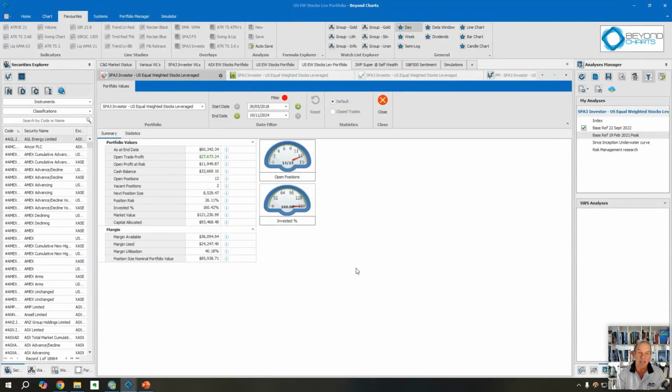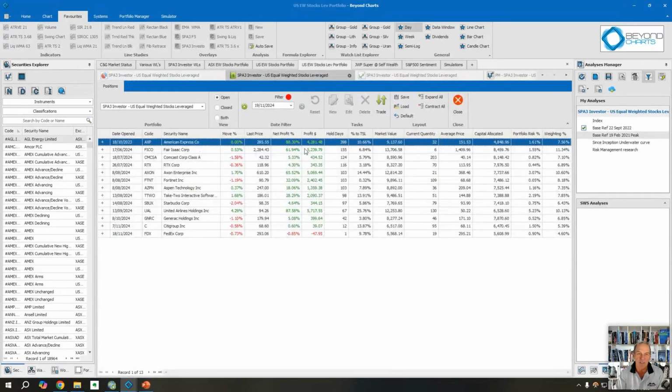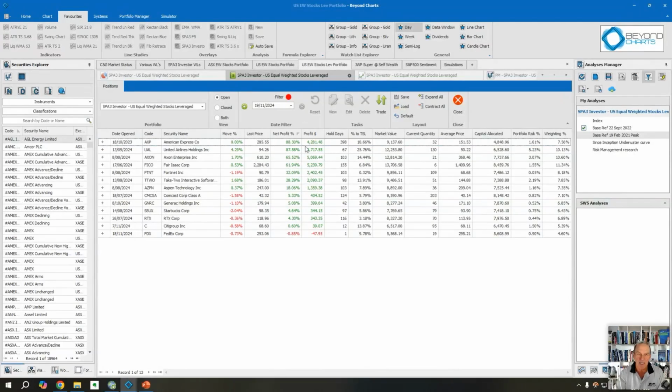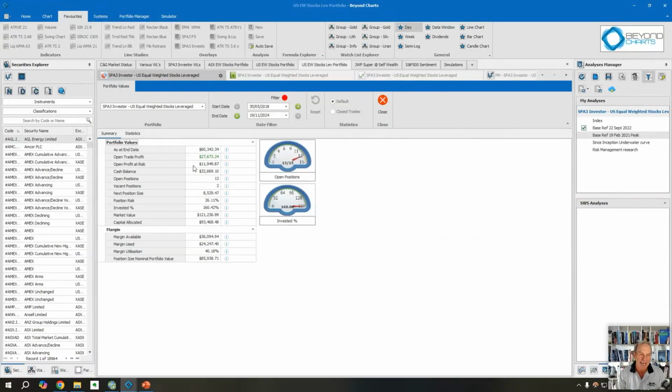How would we take those other positions in there? Well, look at this open trade profit we have at the moment. We're sitting on $27,000 of open trade profit in these portfolios here. So let's just go net profit percent, and we're sitting on some big profits: 80, 88, 87%, 65%, 61%. So when we realize some of these profits, obviously there'll be end of trade drawdown. We'll realize some of those profits. Those profits will go into cash.